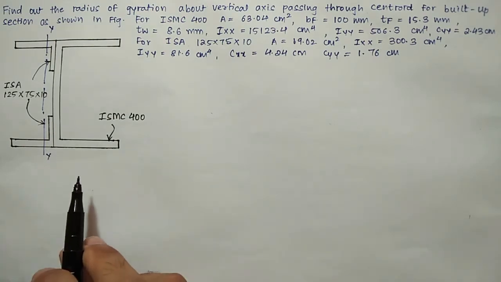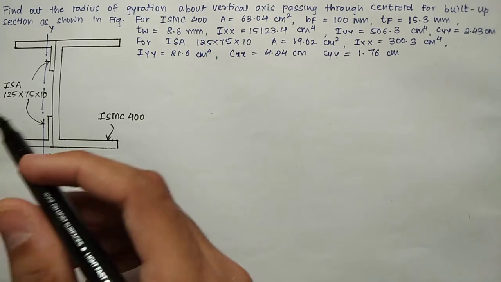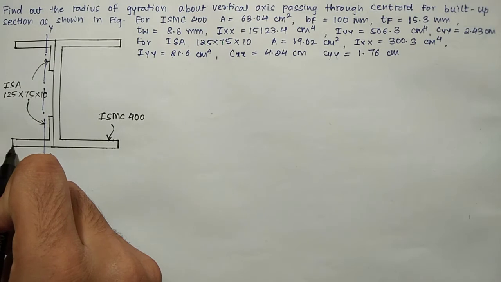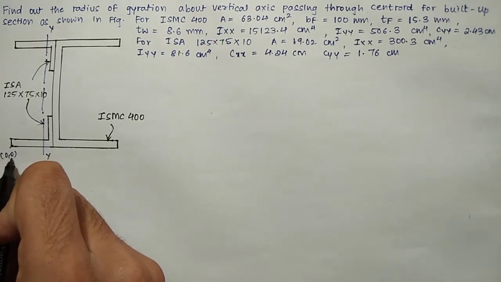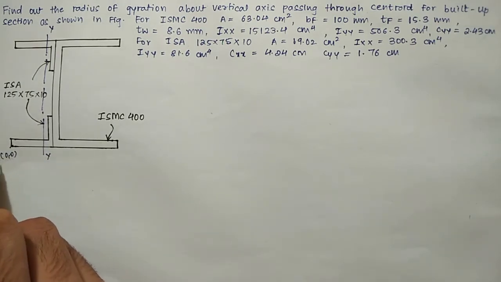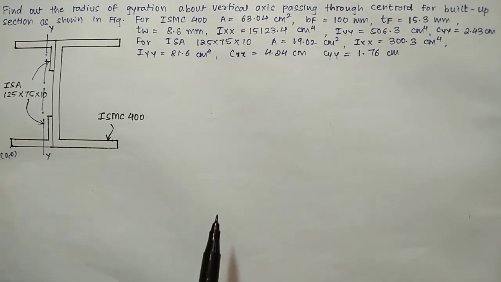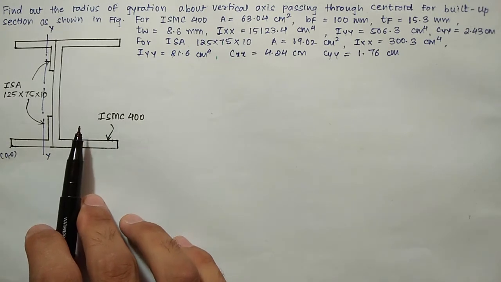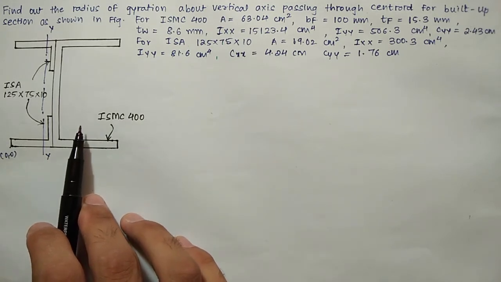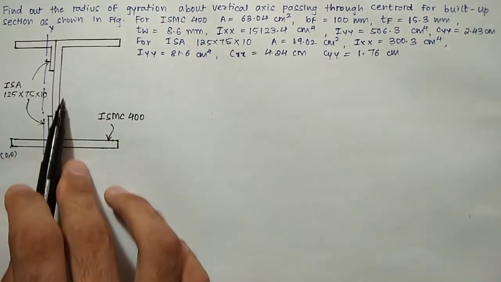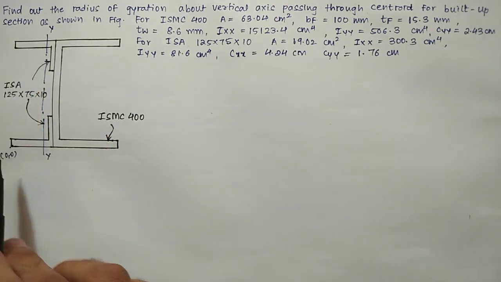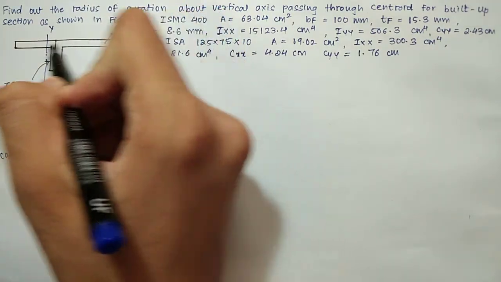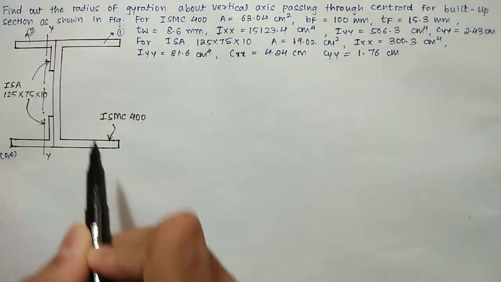Now the next step is to locate the origin, which will be lying at the leftmost and the bottommost point. So the leftmost will be this and the bottommost will be this. So this point can be considered as the origin, and all the distances will be measured with respect to the origin only. Now we need to split this entire built-up section into standard sections, that is either C section, angle section or beam section. Here there is one C section and two angle sections. So let us consider this as 1 and this as 2.